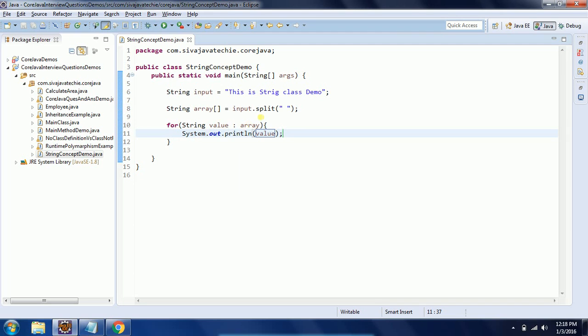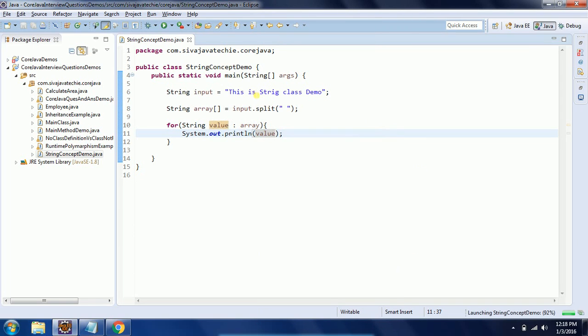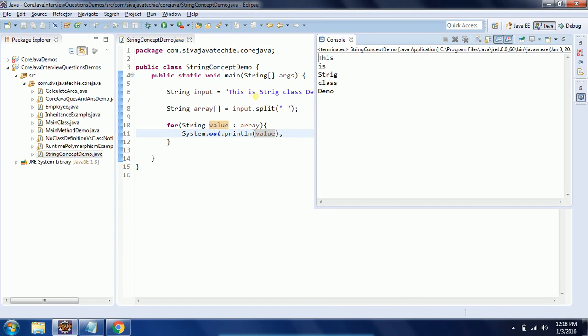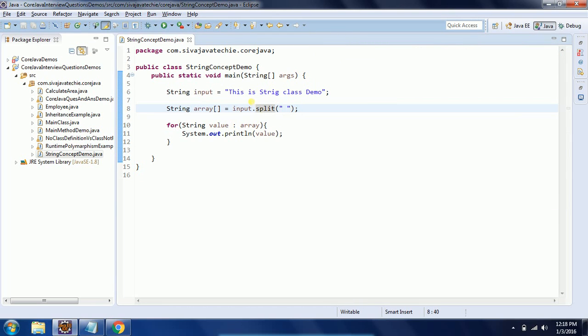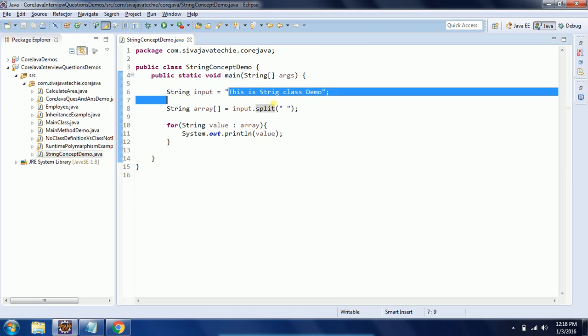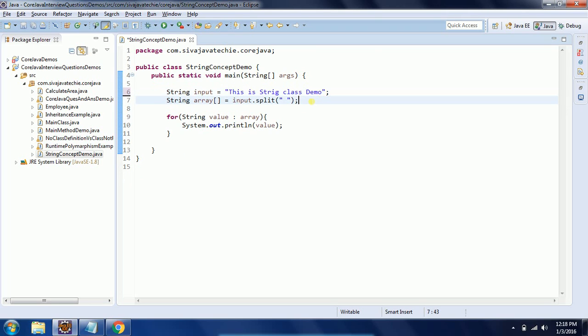Let us run this program, and you can see the output: "this", and then on the next lines "is", "string", "class" and "demo". So the split method, based on the delimiter we passed, converts the string into a string array. This is one useful method in the String class.